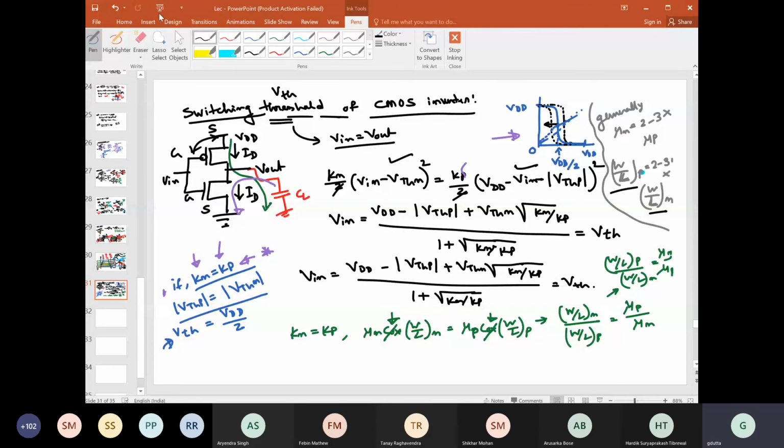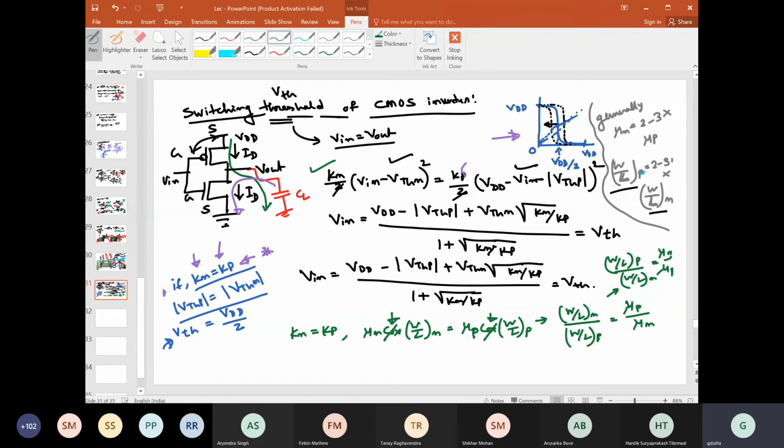Okay, fine. I hope so far there is no question, right? Okay, so the equations we are using so far are still valid for long channel MOSFETs, right? You can see here we have used this mu n Cox, because inside this Kn term we have this mu n term, the mobility. So that means velocity saturation has not occurred yet. So we are still considering the case of a long channel MOSFET.